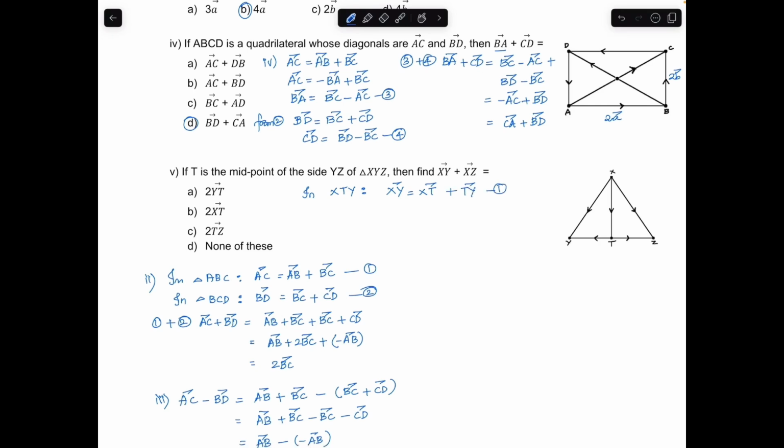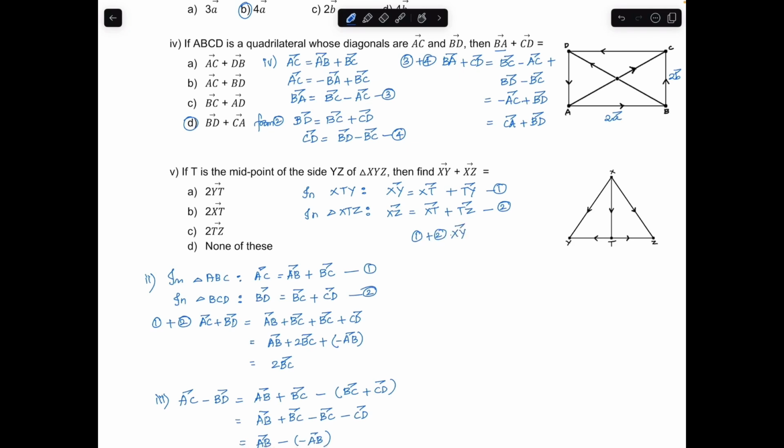Let's name this as equation 1. In triangle XTZ, XZ vector is equal to XT vector plus TZ vector. This is equation 2. 1 plus 2 gives